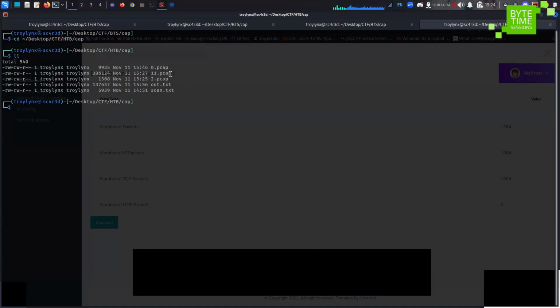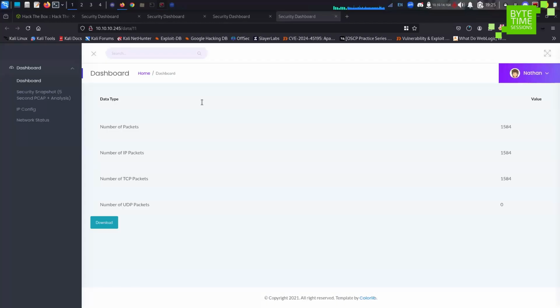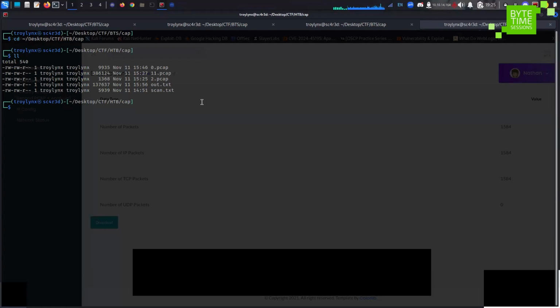So I have it. It's a pickup file. We can use Wireshark, but I will just try to use the strings